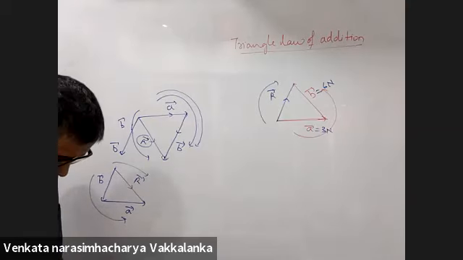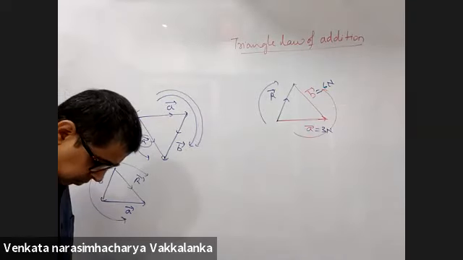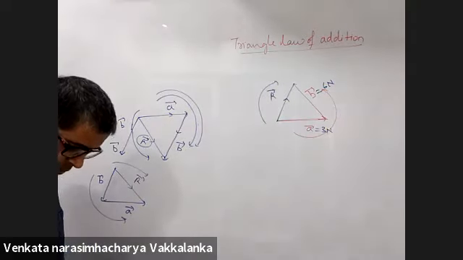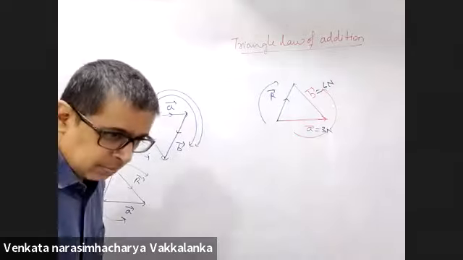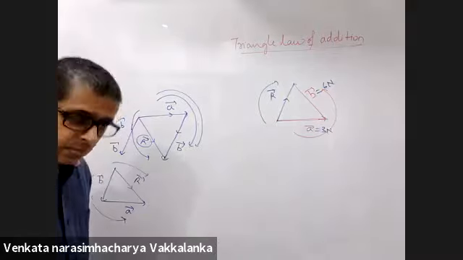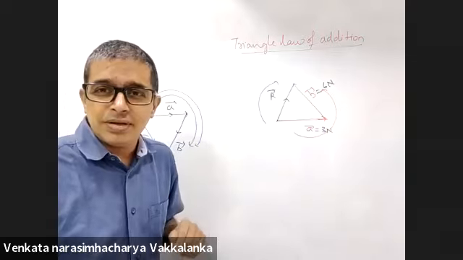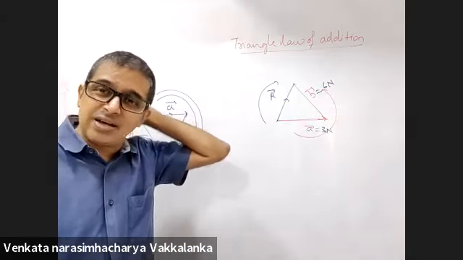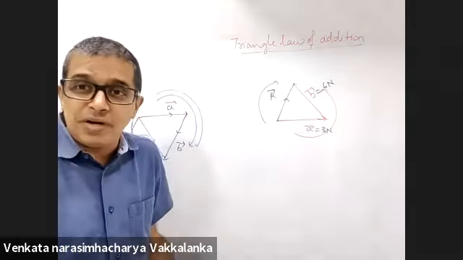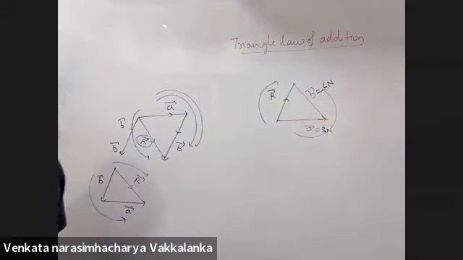Sir, in H.C. Verma, there's a paragraph which states that a vector can only be a vector if it also follows the triangle law of addition. So that can also be said in its definition, right? First of all, when we define it, you don't know what the triangle law is. So in the definition, if I say a vector is a quantity only if it obeys the triangle law of addition, students will wonder what the triangle law of addition is. Now that we have introduced it, we can add it. Okay.